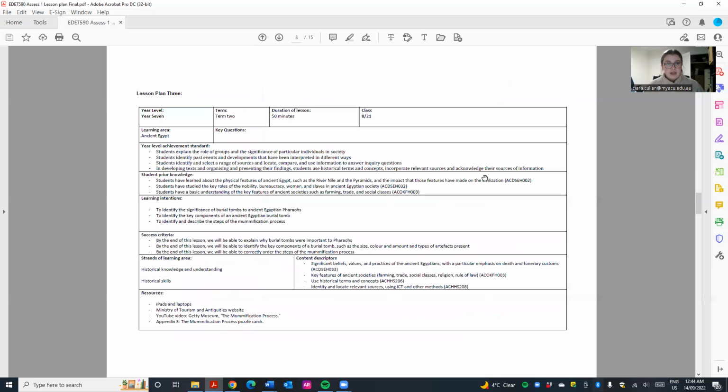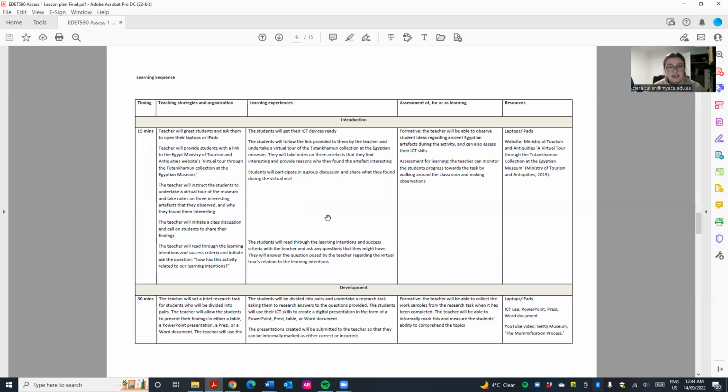Moving on to lesson plan 3. So the third lesson sequence is based on the burial practices of the ancient Egyptians and more specifically the mummification process. So just branching off of that content descriptor. The learning intentions are concise and can be easily understood by the students. The teacher starts the lesson, just down here,